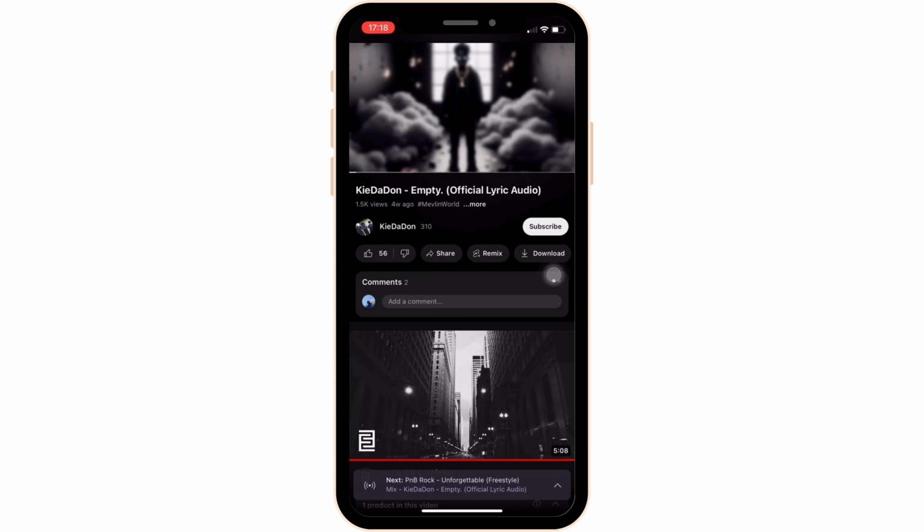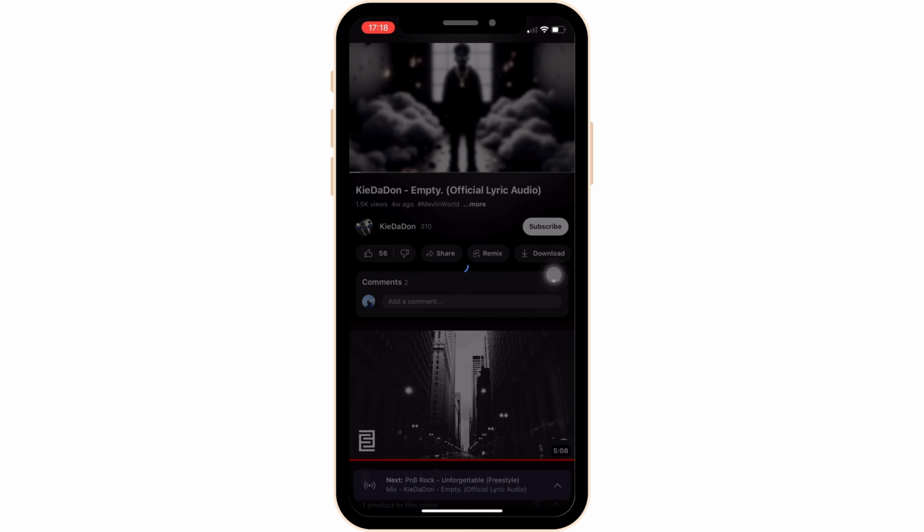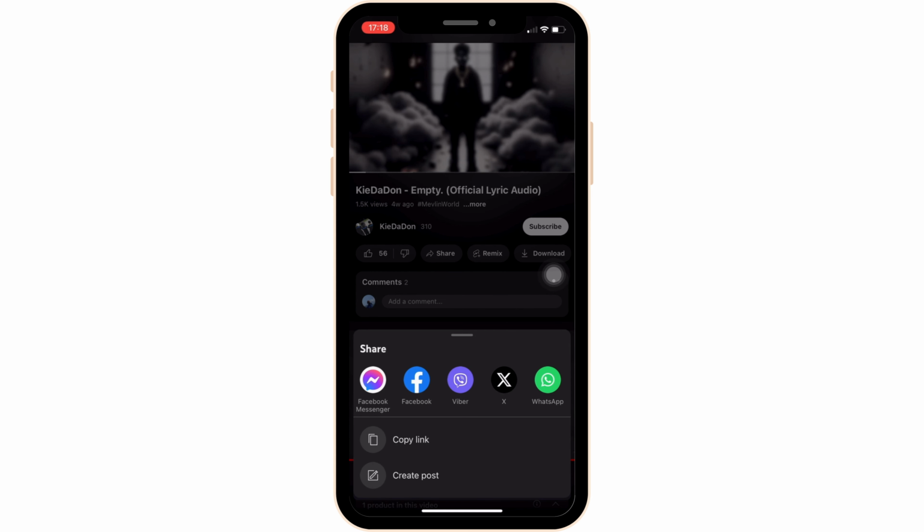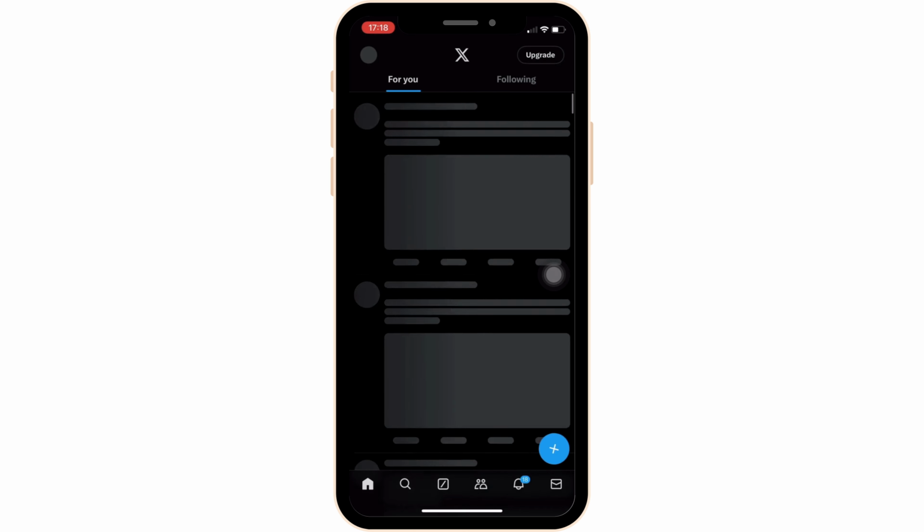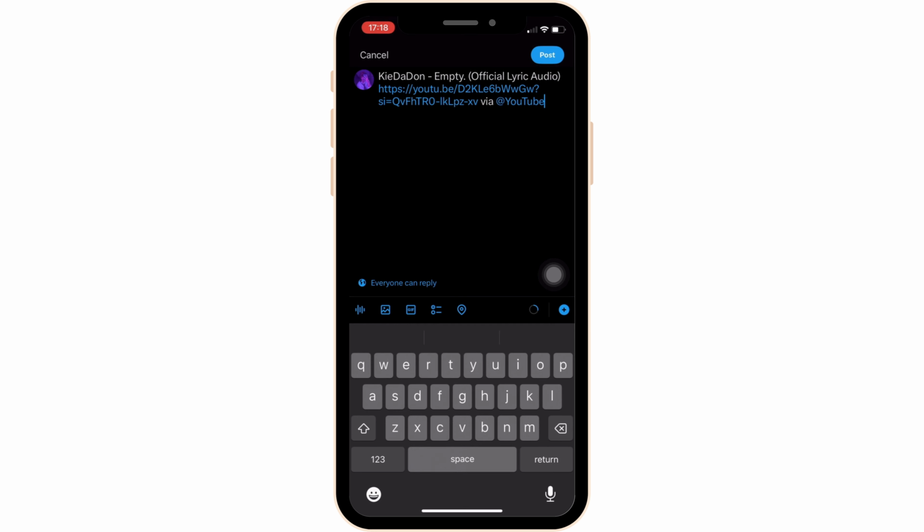Now, over here, the option of share will be visible to you. Click on it, and then tap on X. You have to make sure that you are logged into your Twitter or X account. Once you are logged in, it will open up this page with the YouTube video that you have